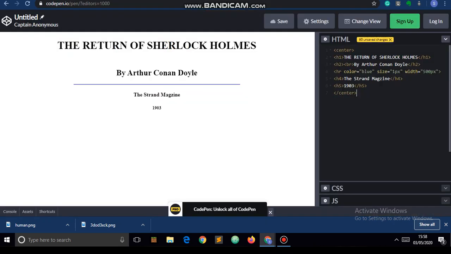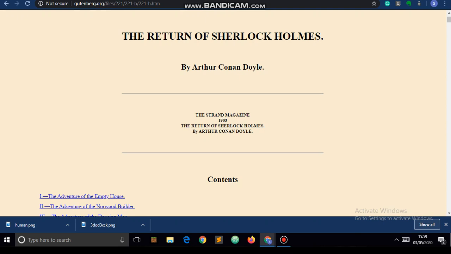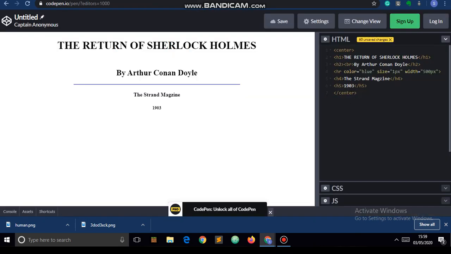And if you want to lessen this space, you can do it by using the property of HTML, or just by writing 1903 in the same line and using the break tag. And I'm not drawing another horizontal rule again. You can just go on and practice by yourself. So that's all. I have taught you about the break tag, horizontal rule tag, using the H1 tag, and the center tag.